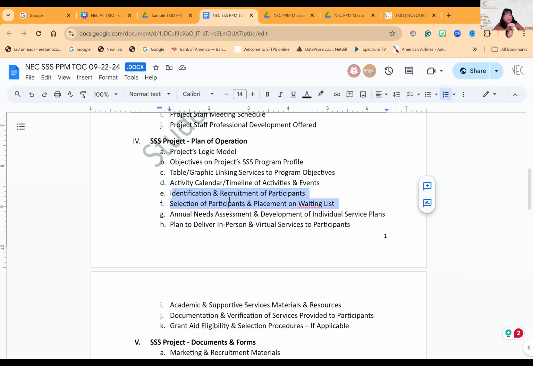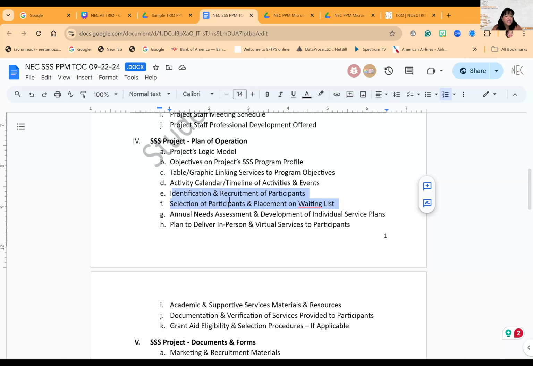And then you can add links to forms. You could add links or videos describing, or you could just make it very interactive so that it's a complete, very thorough identification and recruitment of participants instead of the outline that you're forced to give the readers. The proposal, yes, is great to get you the money, but the proposal is not the best. The answer for identification and recruitment of participants that's in the proposal is not the best answer just to copy and paste and leave as is for your policies and procedures manual, for your management plan. At best, it's the outline.